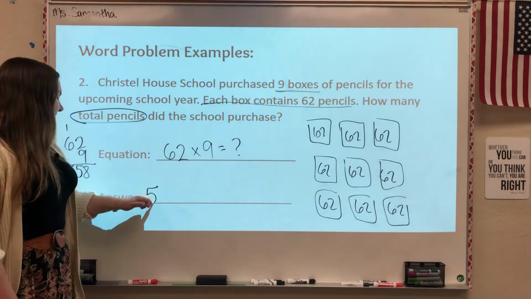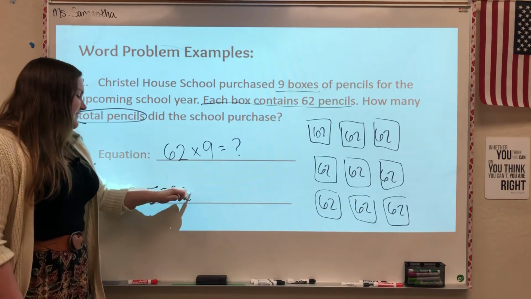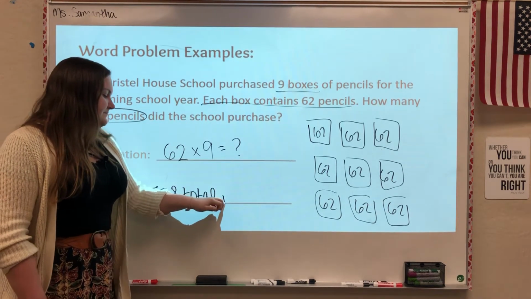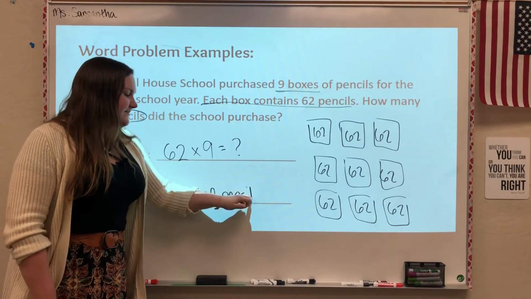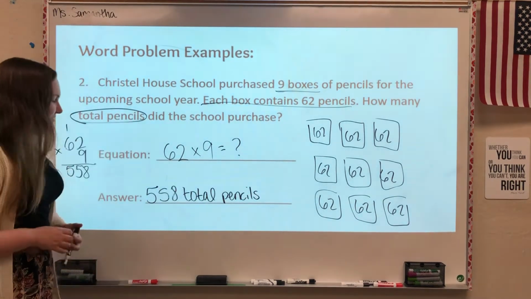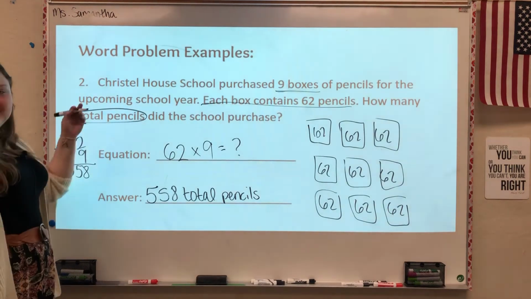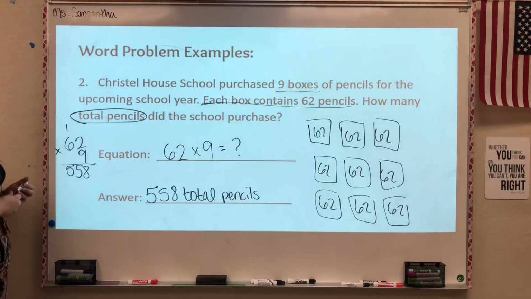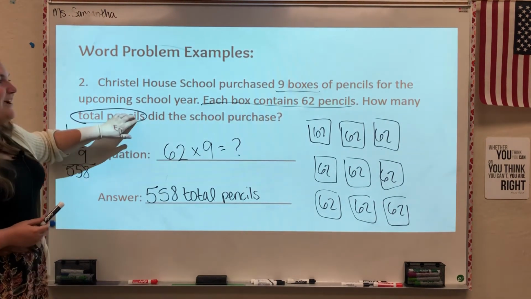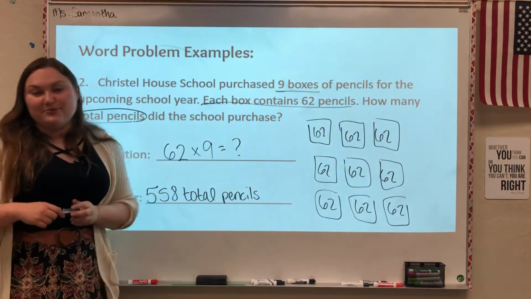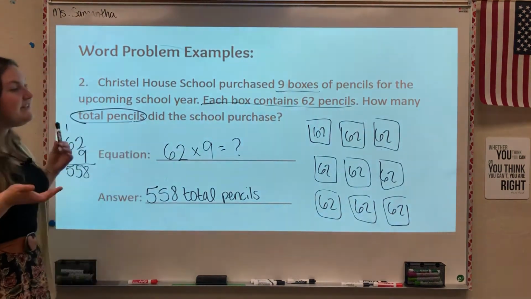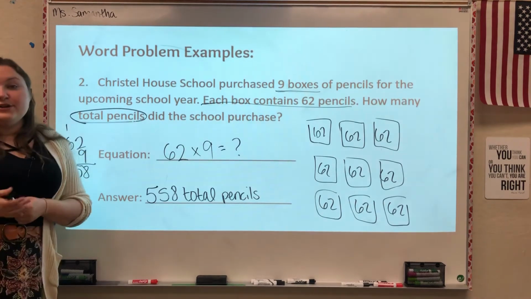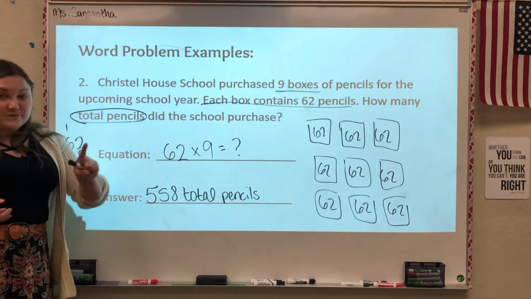There are 558 total pencils, which, I'm a teacher, so I'm going to tell you that would probably last a week. They disappear like crazy. But 558 total pencils would answer the question, how many total pencils did the school purchase? So here's an example of a problem where you'd be using multiplication. There's one last example,